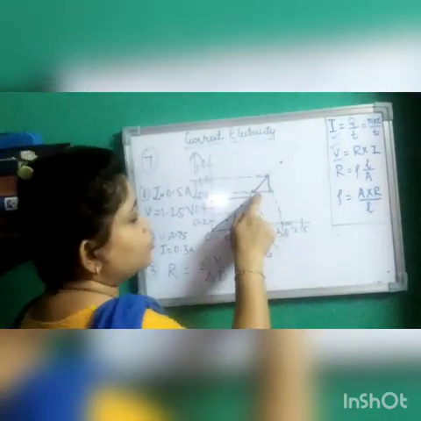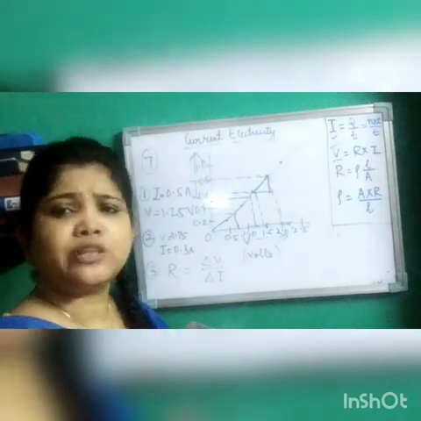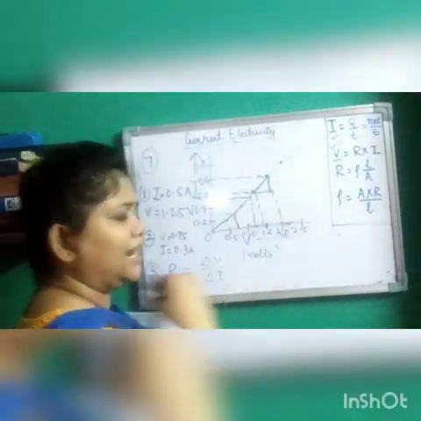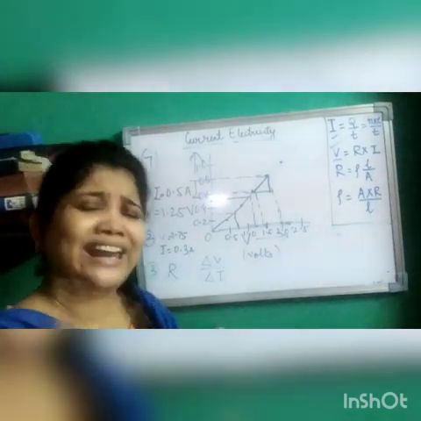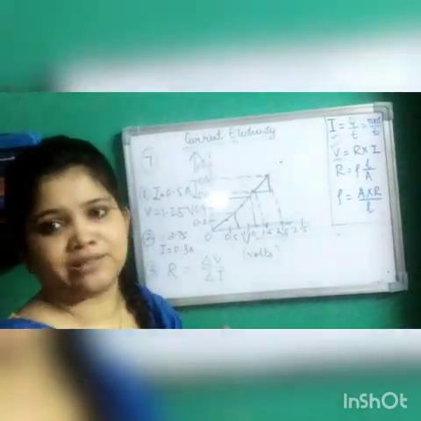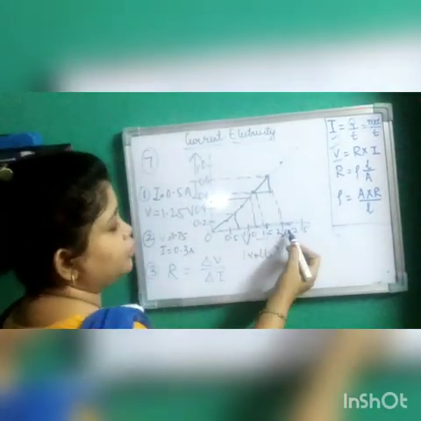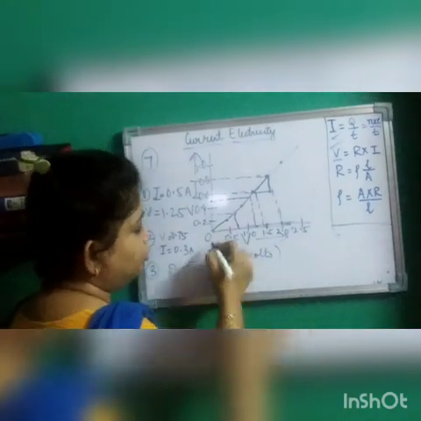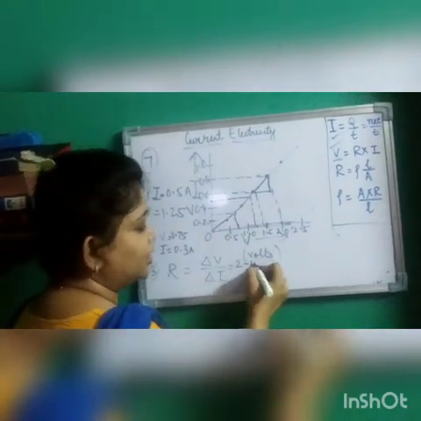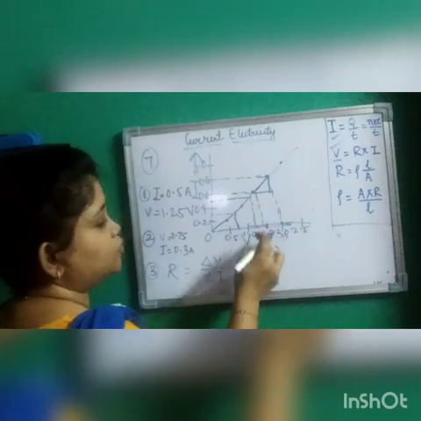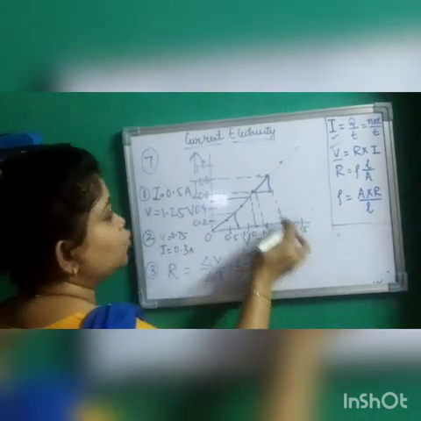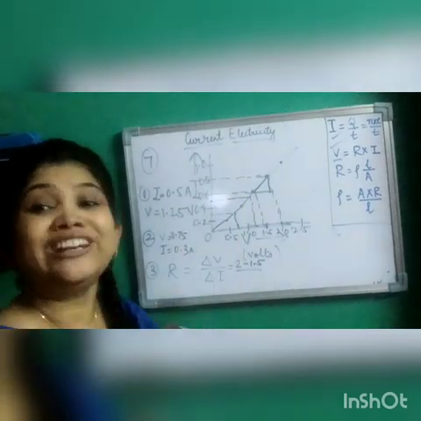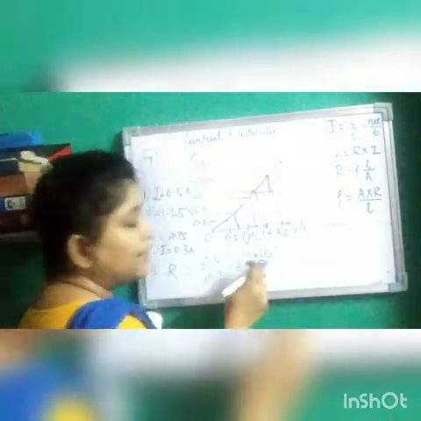Okay. So I have done 1.5 and 2. You can take any points from here. You can take 0.5, 1 also, 1.5 and 2 also, anything you can take. You will always get the same answer. Okay. So I have taken 1.5 and 2. So what is the final potential? 2. What is the initial potential? 1.5. Corresponding at 1.5, what is the current? 0.6. And at 2, what is the current? 0.8. So you know always final minus initial.